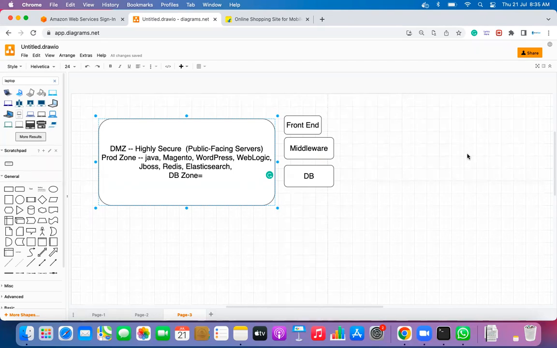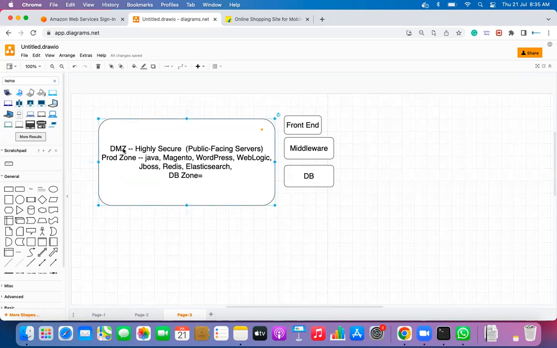Actually, this is because in DMZ mostly we put the public facing servers, right? So there will be so many requests coming into these servers. So it should not hamper our internal production environment also. So I think that's the reason we put some server in a DMZ zone also. Okay, good. Let me come on to it. Very well said, like couple of answers are near to be right, but the exact answer here is,